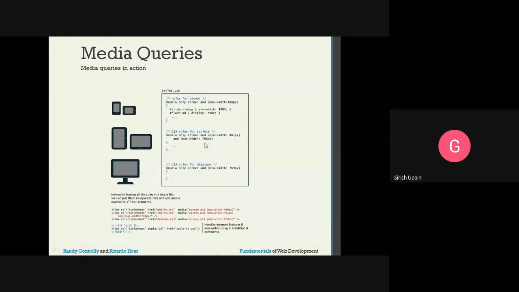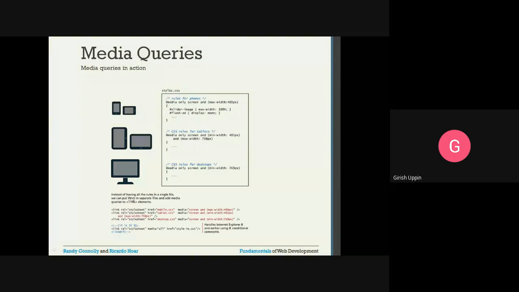Suppose we have a larger screen, then CSS rules for the desktop at media only screen, and minimum width is 769. So 481 to 768 is taken care of by these rules. If it is beyond 768, that is minimum width 769, if it is greater than or equal to 769 pixel, these rules will be applied.